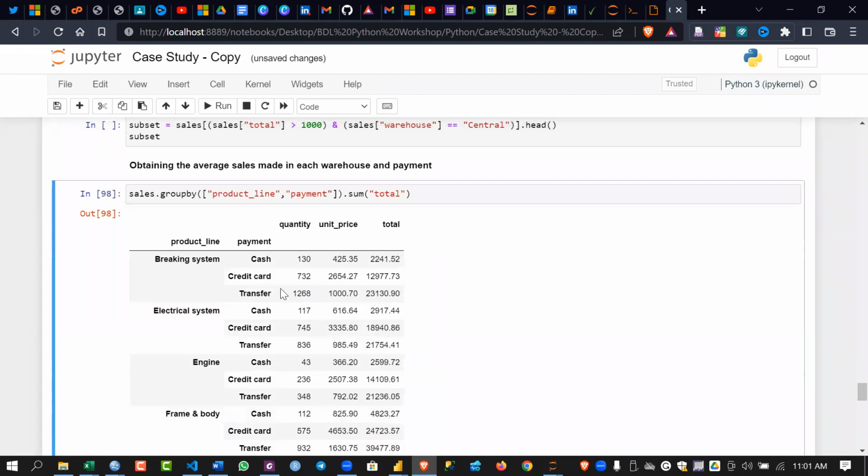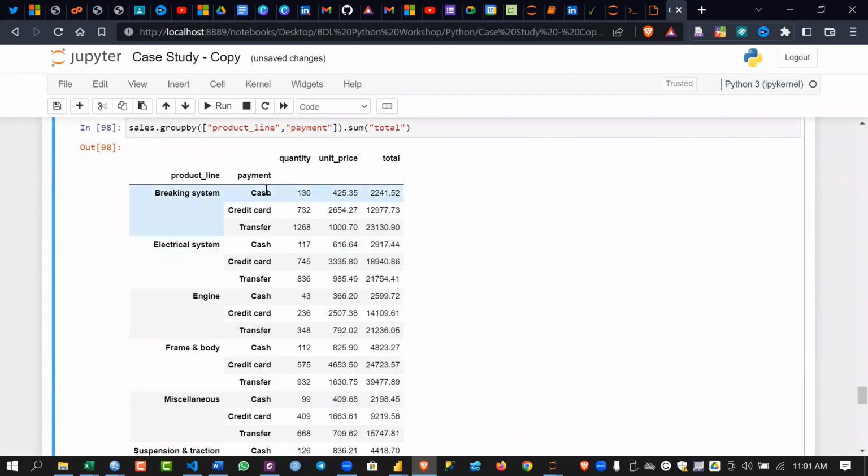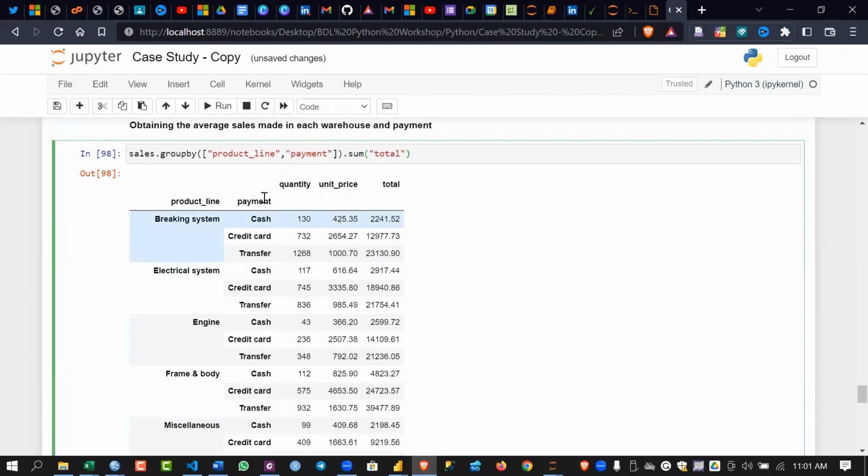So under each particular, I made an error earlier on. Under each particular product line, we have each payment system. Because we included the sort, that was why it was scattered. So you can see by including